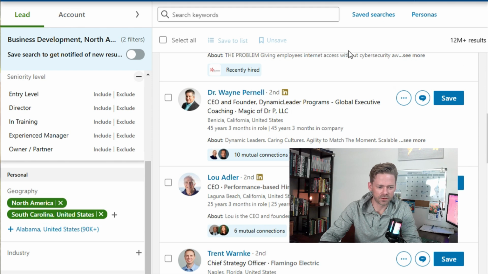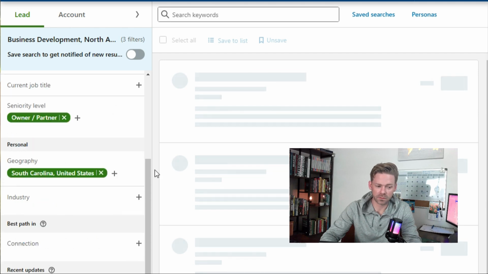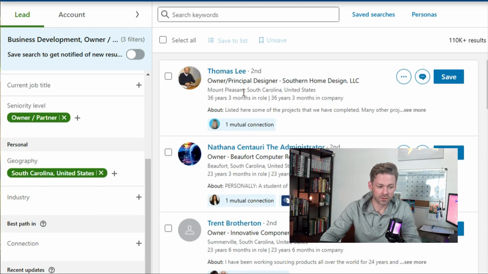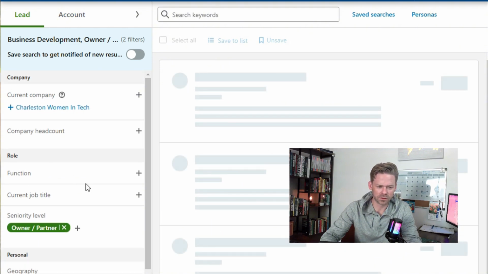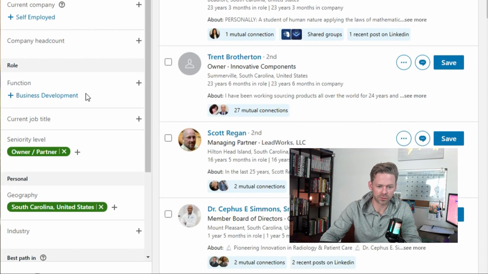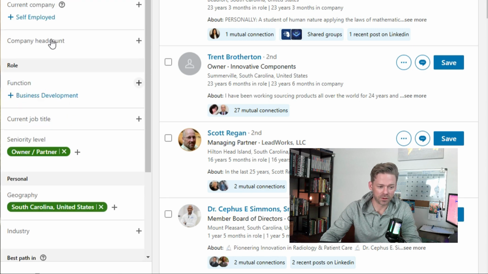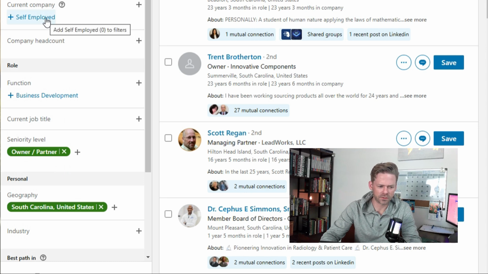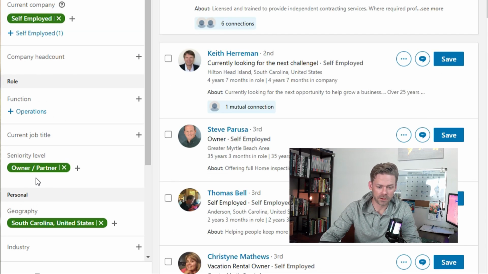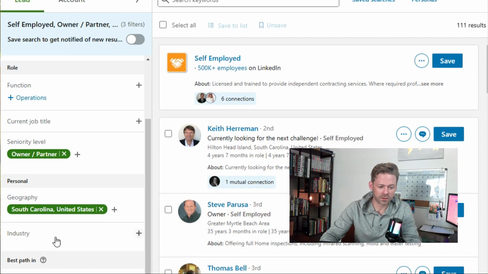You see here now we're still at 12 million, but let's go to owner partner in business development, and we'll just narrow it down to South Carolina. Still a lot of results. And again, the goal is to be as succinct as possible. If I just keep bouncing around between these two, this is all the owners in every function in South Carolina. Let's see if we can find the self-employed folks in South Carolina. Now we have 111. I think this is a pretty good start